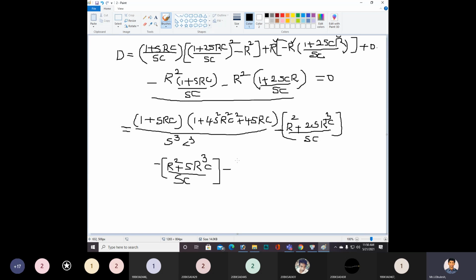Then minus, here also R square plus 2 S R cube C by SC